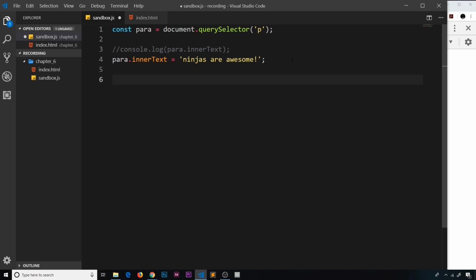What if I want to change the text of several items at once? Well, let me just comment this out first of all, and I'm going to come underneath. This time we're going to grab all of the different p tags. So we'll say const paras, that's plural, equals document.querySelectorAll, and we want all of the p tags, so we get a reference to all of those as a node list. And remember, when we have a node list, we can use forEach on them to cycle through it. So we could say